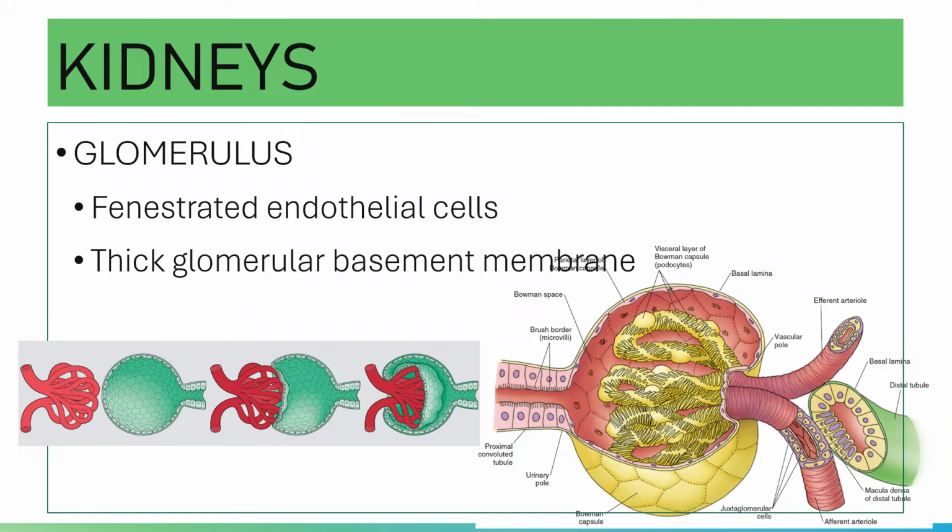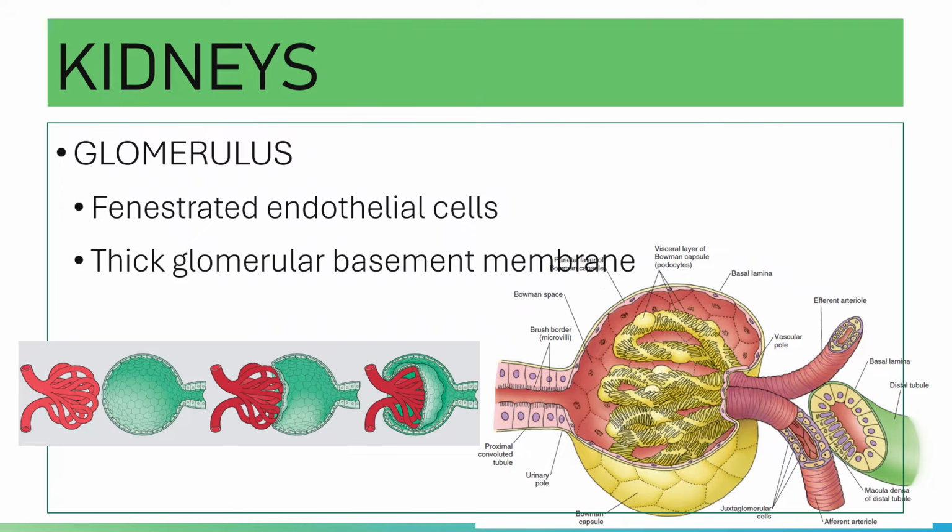Let's take a look. There are actually components of your glomerular basement membrane. You have laminin and fibronectin that bind the integrins of both the podocyte and endothelial cell membranes. There is also a meshwork of cross-linked type 4 collagen, and there are large proteoglycans present. All of these function to restrict the passage of proteins larger than 70 kilodaltons.